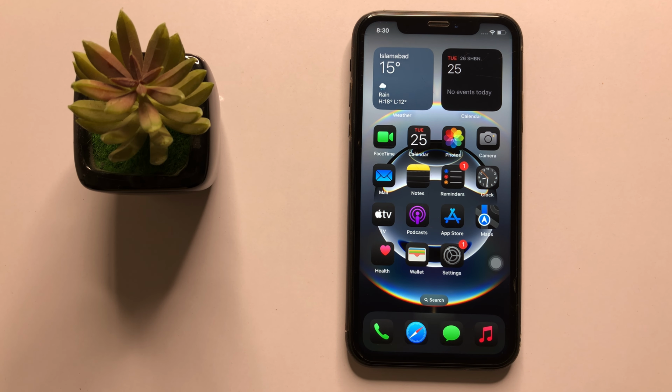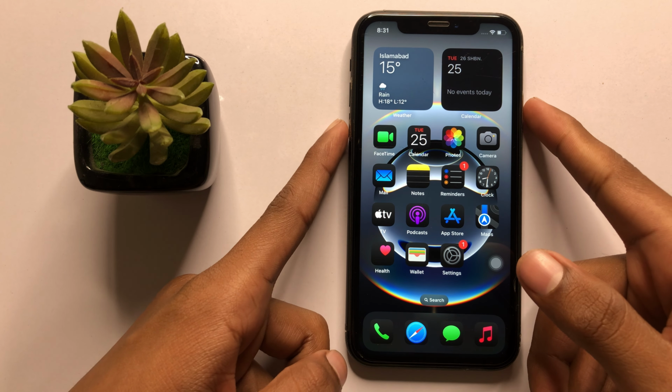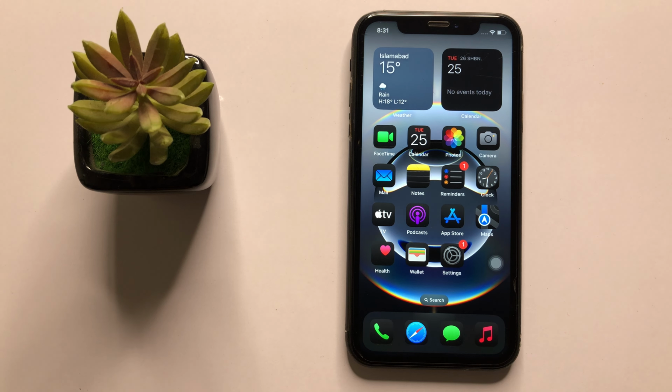If it doesn't fix your problem, the last solution is to put your iPhone in recovery mode. To put your iPhone in recovery mode, connect your charger and press and hold the volume down button and power button at the same time. After doing these steps, your problem will be